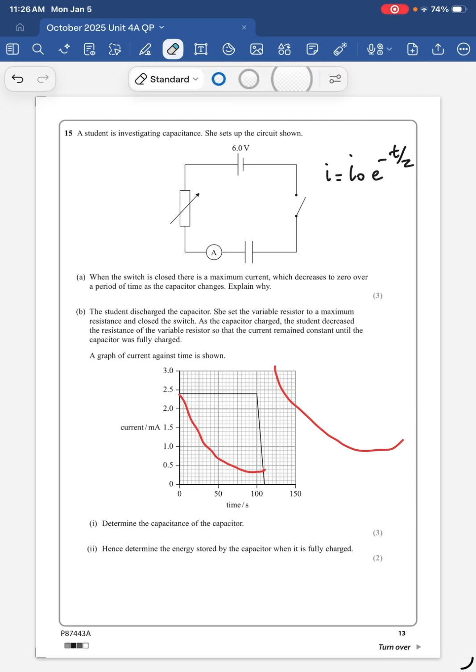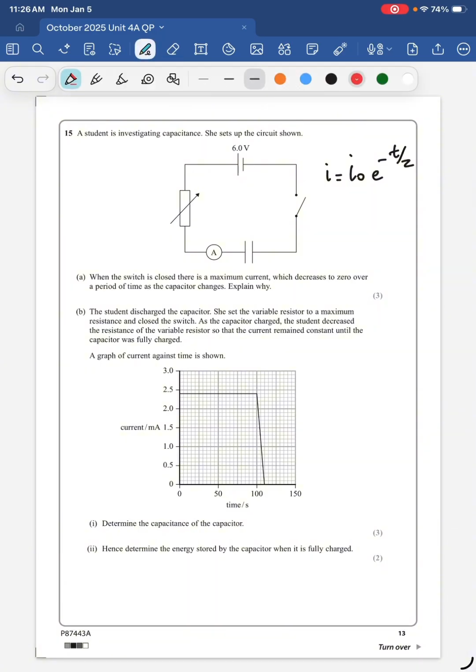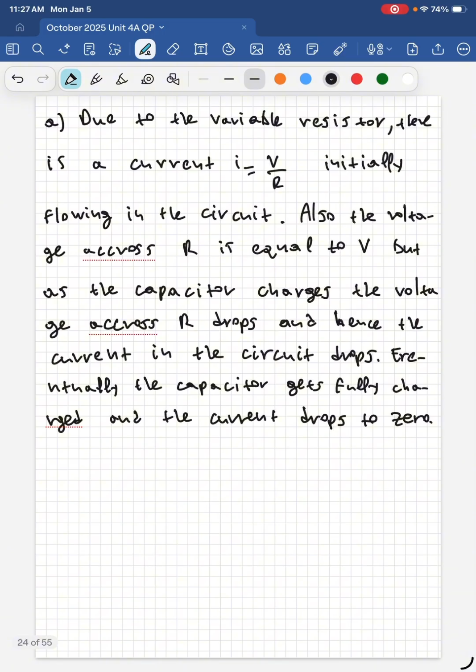Therefore, you cannot really use the exponential decay law for the current in this case, and you have to think a little bit more creatively, okay? So, question I, determine the capacitance of the capacitor. Okay, so let's go to the clean page and write that current